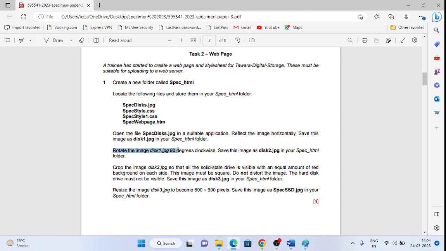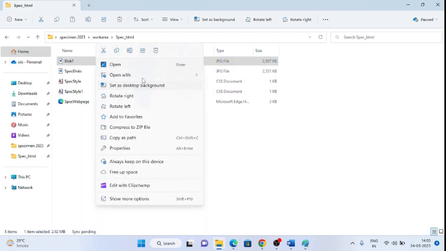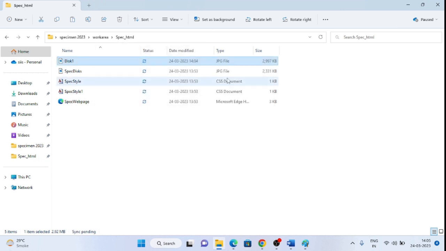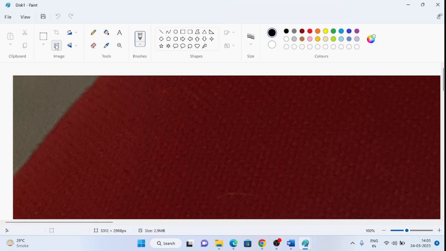Next, rotate the image disk1.jpg 90 degrees clockwise and save the image as disk2. So the image which we edited in the previous step, now we have to rotate it 90 degrees clockwise. So open the same disk1 image again in Paint and rotate it 90 degrees clockwise.